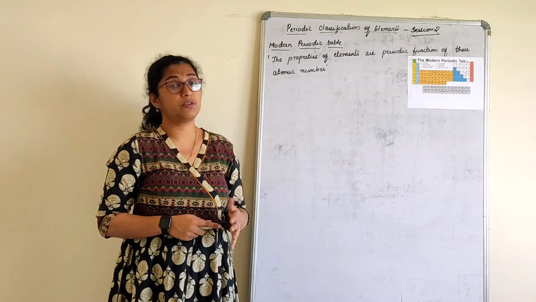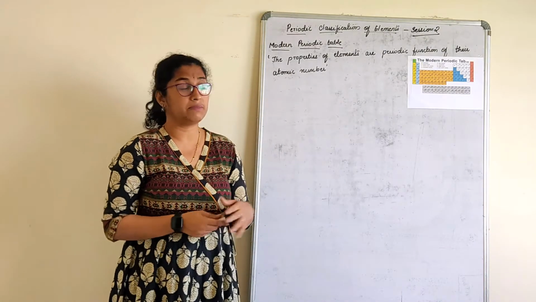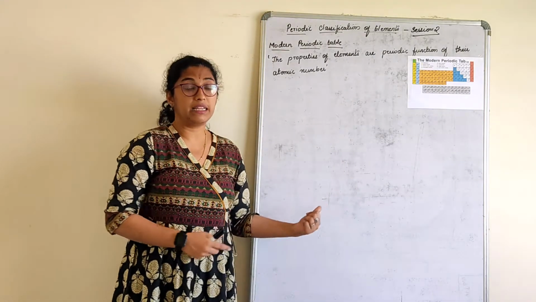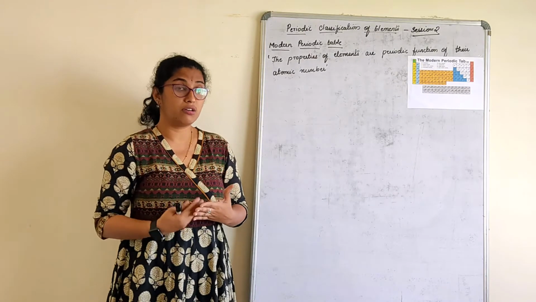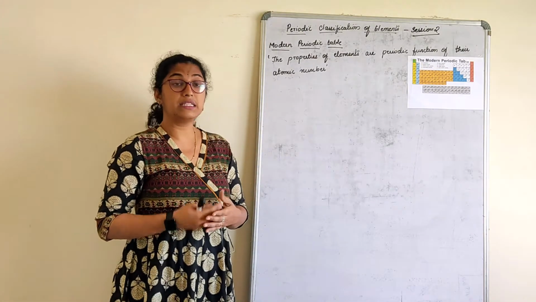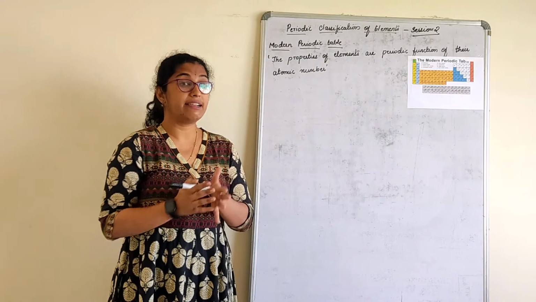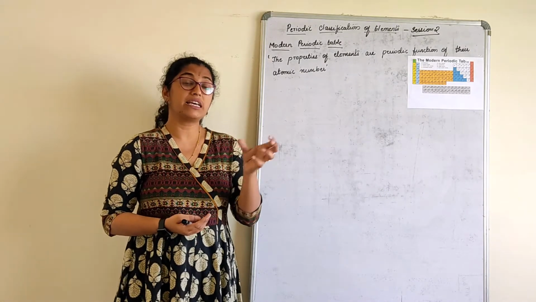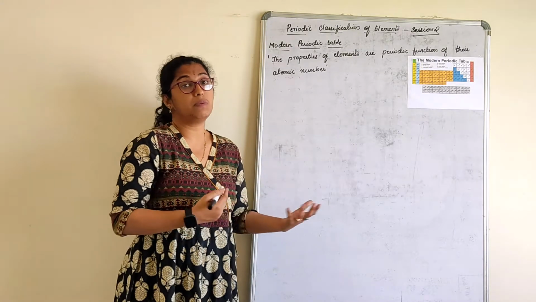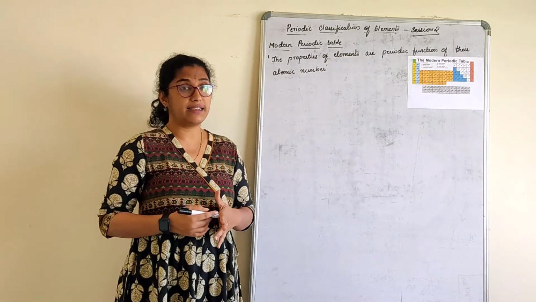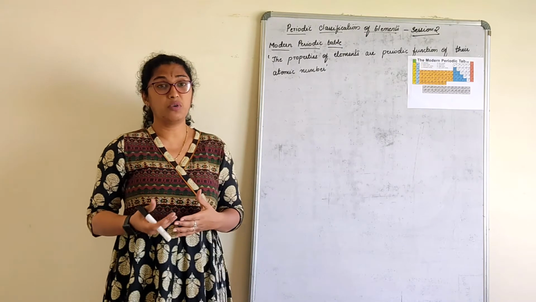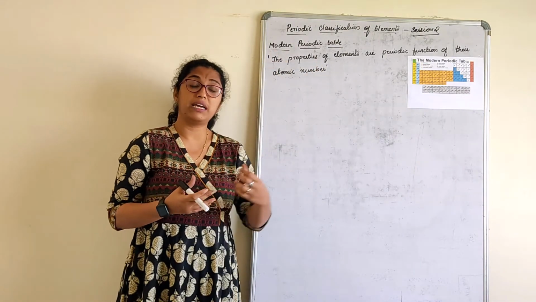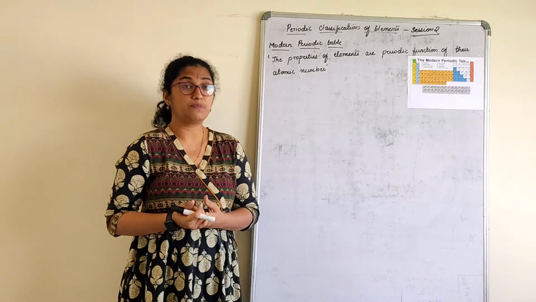It's not only Henry Moseley's contribution to the modern periodic table. Henry Moseley designed the modern periodic table based on Mendeleev's with respect to the groups and periods, but later it was edited and remodified by Niels Bohr. He gave the size of an atom with respect to how it is placed, which we have already studied in standard 9. So modern periodic table was given by Henry Moseley as well as Niels Bohr.